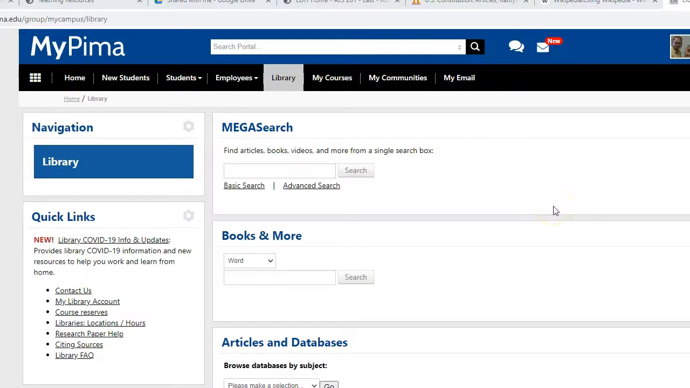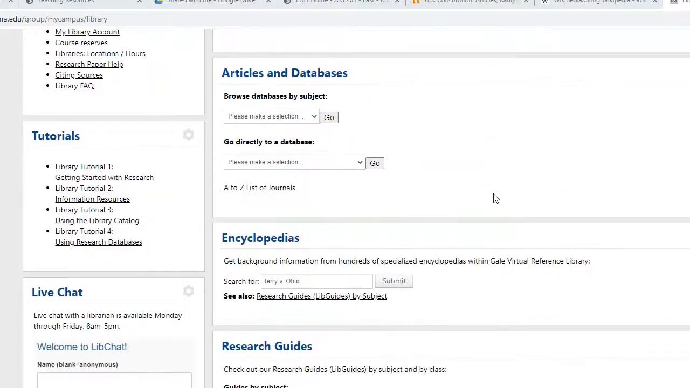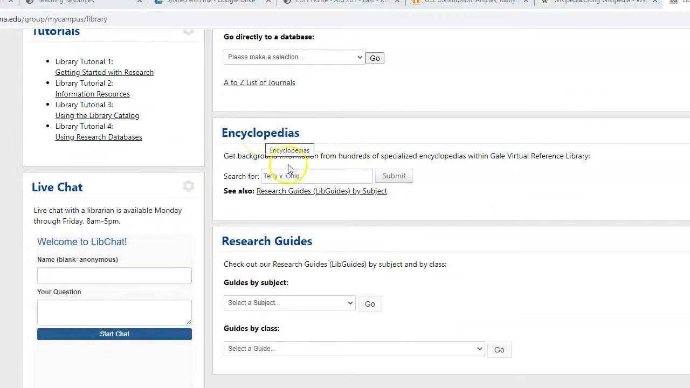And here at Pima College, we have an Encyclopedia Database also. So when you find that library tab and you click on it, you scroll down, and the fourth box down is encyclopedias. This is actually what we call Gale Virtual Reference Library. It's a large ebook collection, mostly of reference books. And so if I take a search such as Terry v. Ohio, I want to know about that Supreme Court case, and I click Submit,